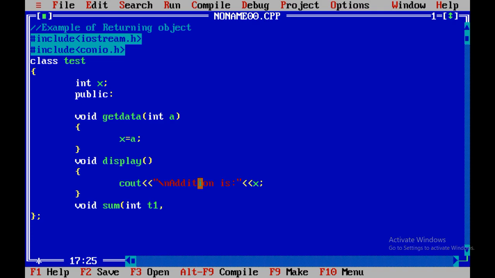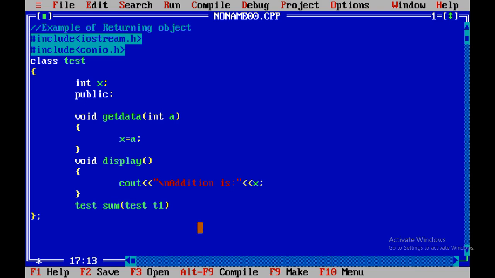In this way we have declared test t1. Test is the name of class and t1 is the object of that class. But right now what is our concept? We are going to return the object. So instead of void we have to take test. Why? Because we are going to return object.